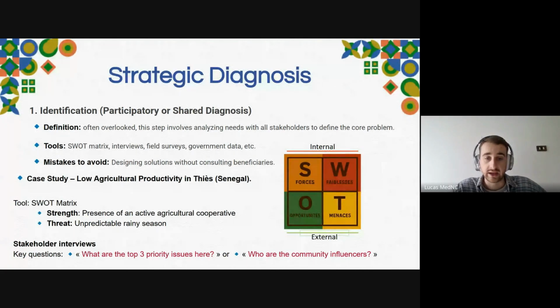So, as I said, the strategic diagnosis is very important to identify the resources that are available, so the actors, the infrastructures, the data. Also to understand the local dynamic. You will see along the presentation, I'm always talking about the environment as a context.